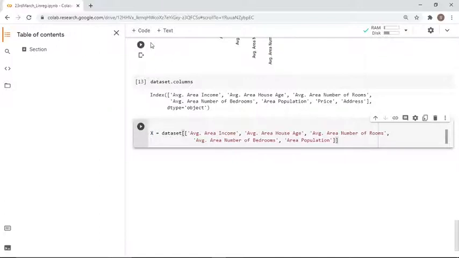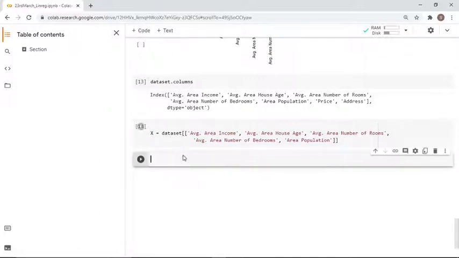and the final attribute that we are going to predict is nothing but price. So let us store it in small y equal to dataset price. After that we have to import the train test split.